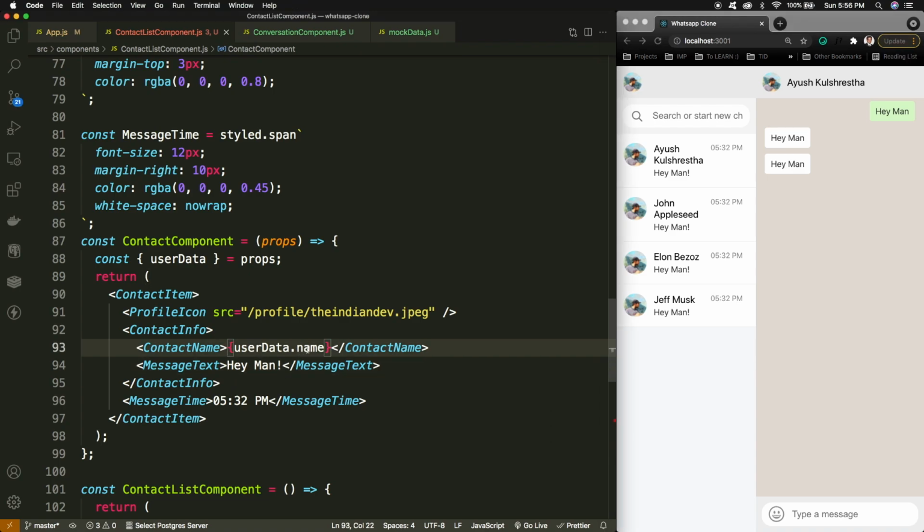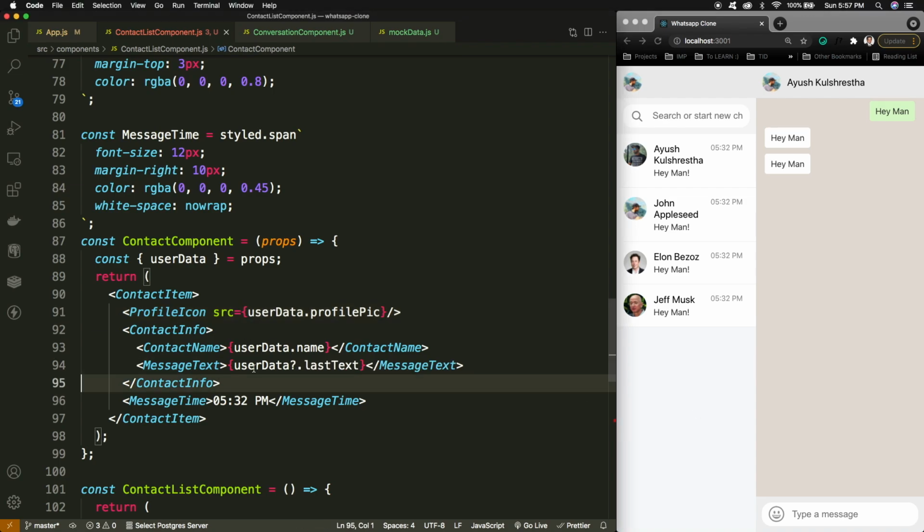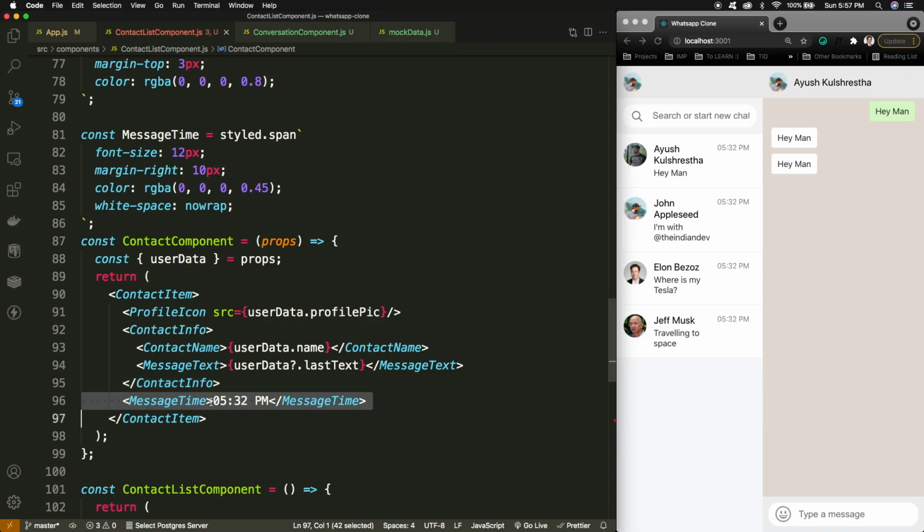Similarly I can use other stuff as well, like I can have the profile pic. Okay, so the profile pics are updated. And other than this, we can have the last message text. Similarly, we will be having the last text time, so that it can be dynamic.